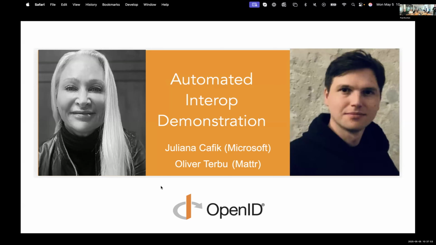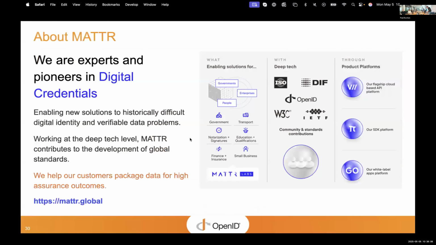All right, we are reassembling. I see Juliana and Oliver are on standby here. So they're going to take us through the next portion of the agenda, which we just heard Bill Fisher introduce, and they're going to talk about how it's all working. So who will pick up first? Oliver and Juliana? Oliver. Okay, Oliver, over to you.